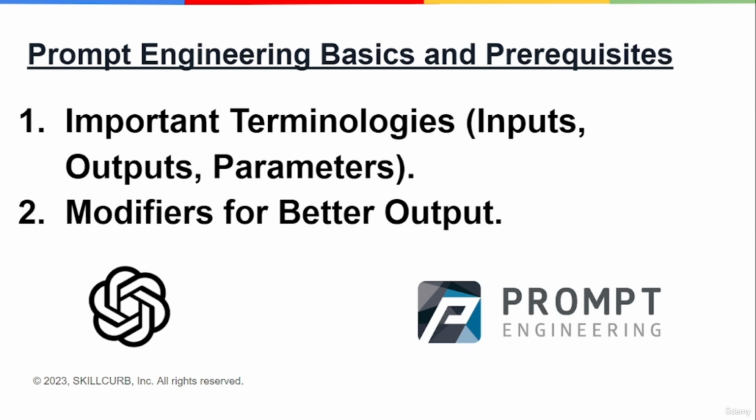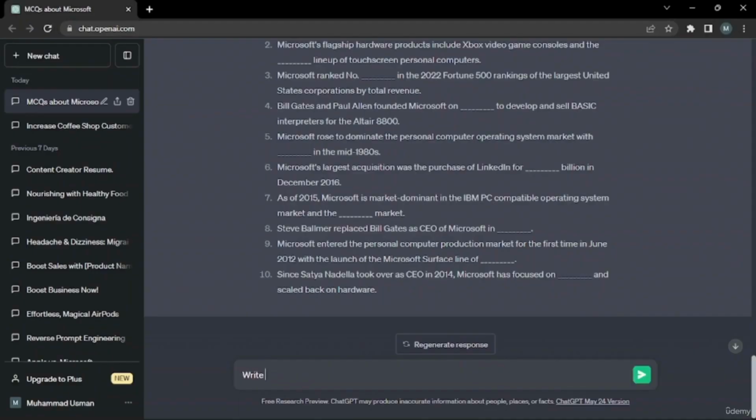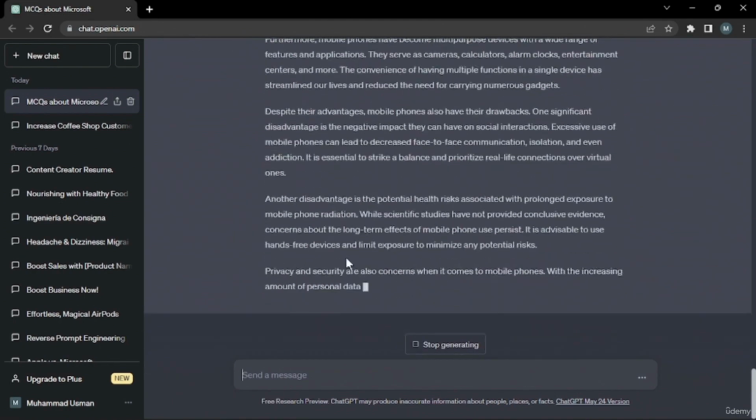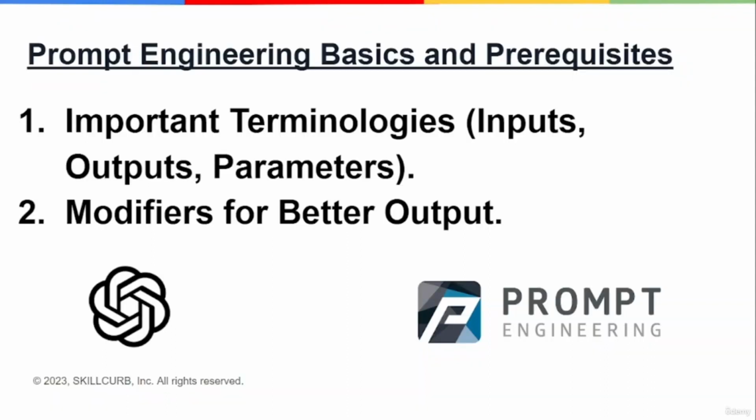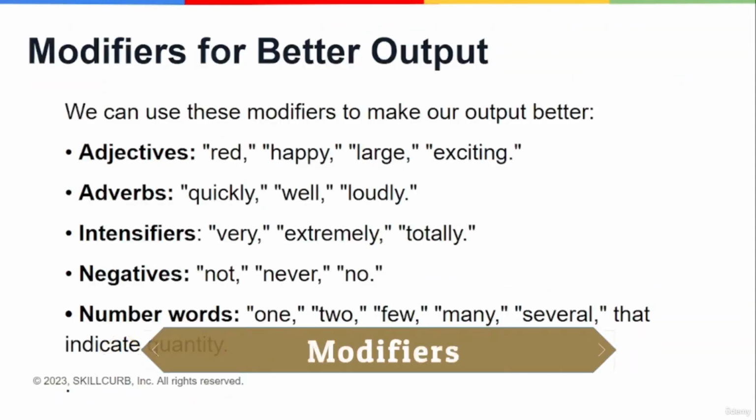So yeah, let's get an example. You want AI to generate an essay for you, and you give it as a parameter that you want that essay up to a word limit of 300 words, right? So that can be your parameter that you can provide to AI in order to get the accurate, desired output that you want. Okay, so let's now move forward and discuss the modifiers that we can use to make our output better, which are,